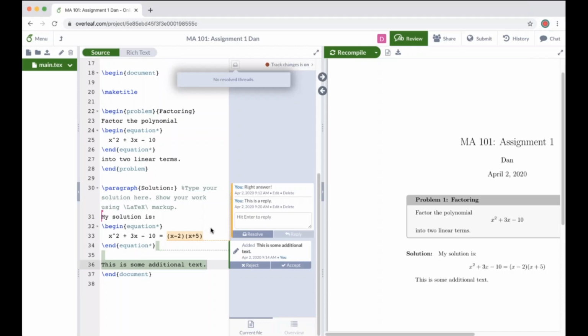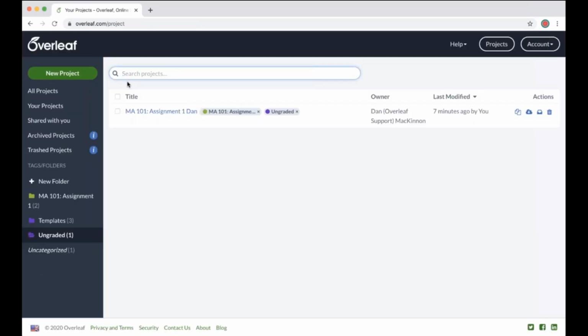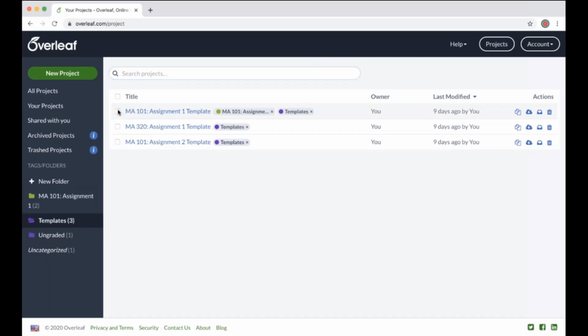Another question we've had: how to save copies or create a library of copies, so a unique copy for each school term. This is a good question if you are reusing assignments across terms of your course, or if you want to use an existing template as a basis for a new assignment. If you'd like to do that,